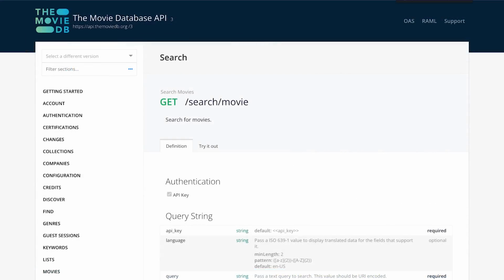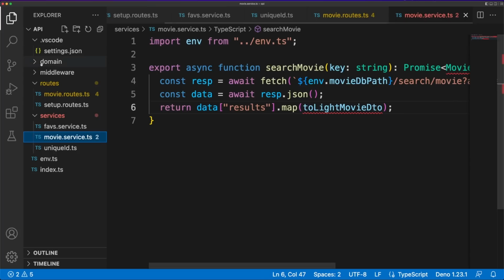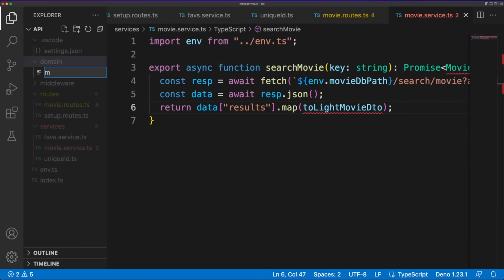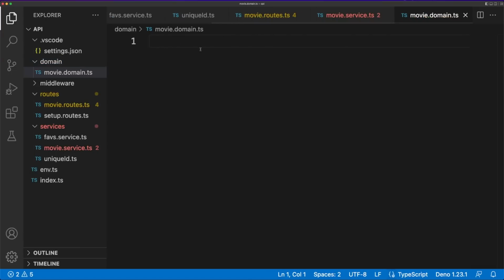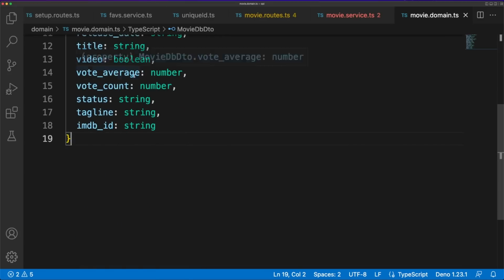The movie database API has very good documentation. I'll make a GET request to search/movies to get back a list of movie suggestions based on a query I'm sending as a parameter. Then, I'm extracting the results from the JSON response and I'm mapping the received information to my own DTO objects. I already prepared an interface with all the information we are receiving from the movie database